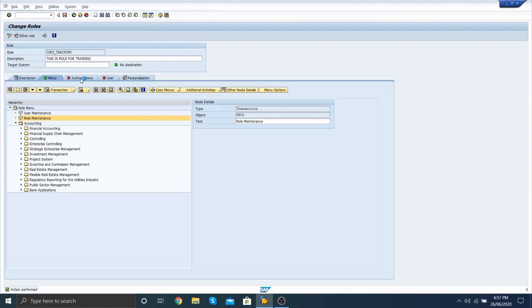Now in the menu tab, you can delete some T codes from here as you require. You can change menus anytime.